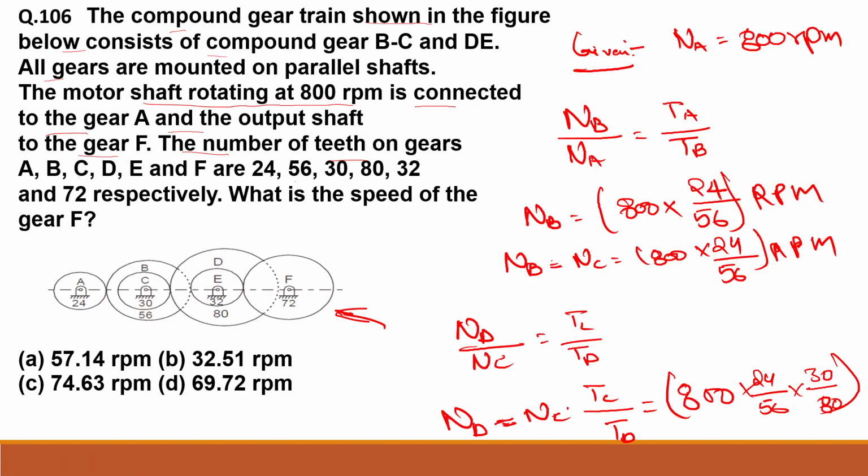After that I will write this much is completed. Then after that ND and NC we have written. After that I will be writing here ND is equal to... the question answer is very lengthy, so be patient on this question, otherwise you may lose the answer. NE is equal to